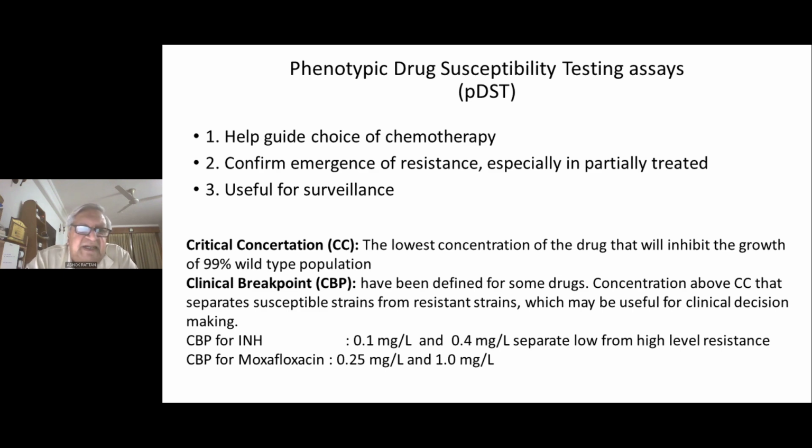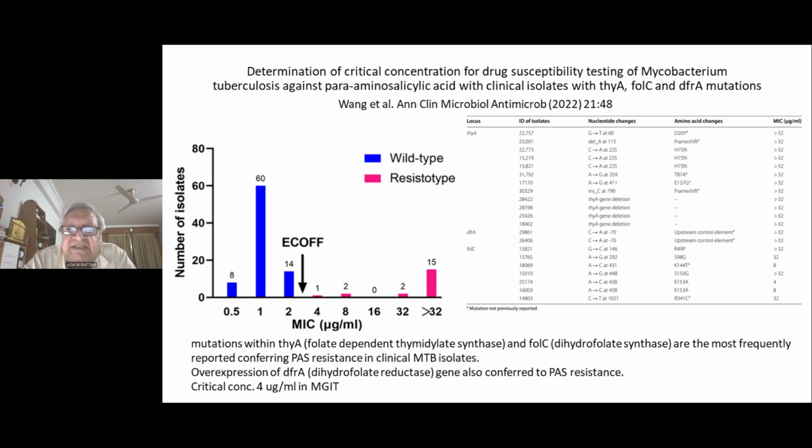WHO has also defined clinical breakpoints, which are defined as the drug concentration above the critical concentration that separates susceptible strains from resistant strains, which may be useful for clinical decision making. This is one example: since we know that a mutation in the target gene leads to resistance, we can have a collection of resistant strains and wild strains where there's no resistance, and then do the minimum inhibitory concentration, and you will be able to identify a critical concentration below which everything is sensitive and above which